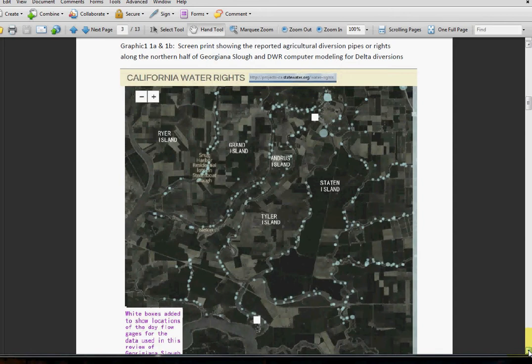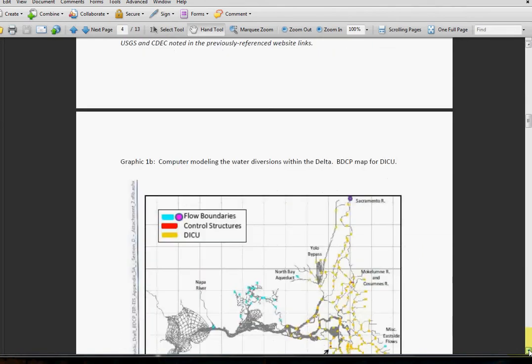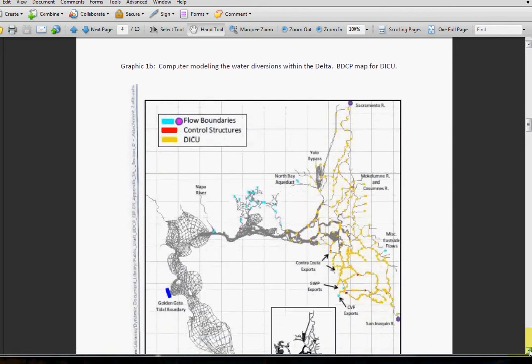That was through the Delta Plan, and if you read the report, they say pretty much everybody that's diverting water in the Delta has the rights to do that. Well, the problem is that there appears to be a pretty major diversion off of Georgiana Slough that doesn't seem to show on this area right in here,